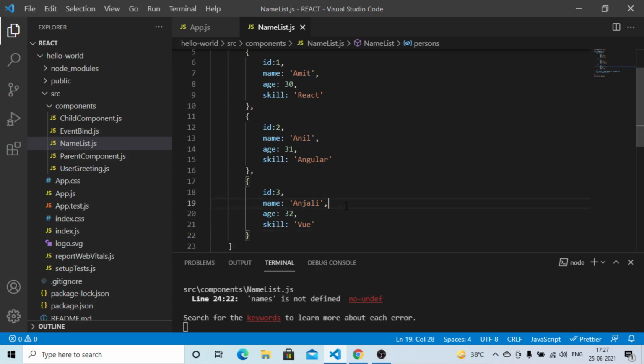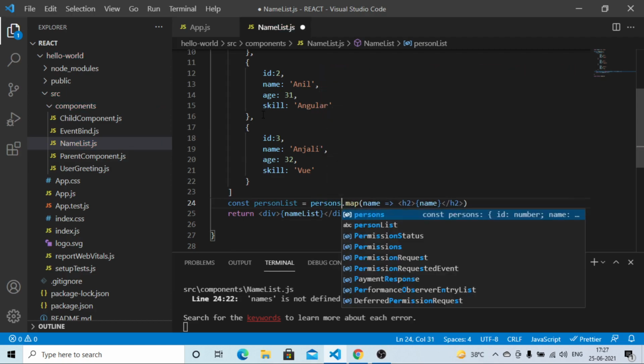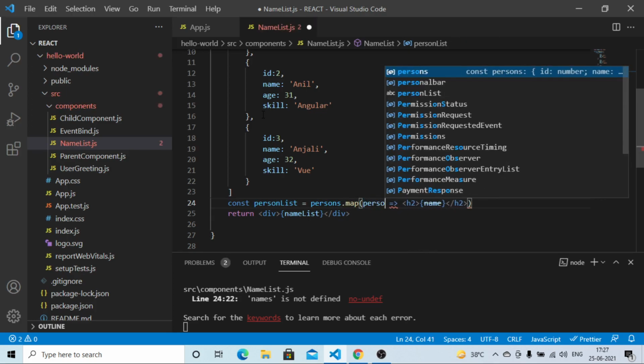Now we can change this name list to person list, and in place of the names array we'll have the persons, and here we'll have the parameter as person.